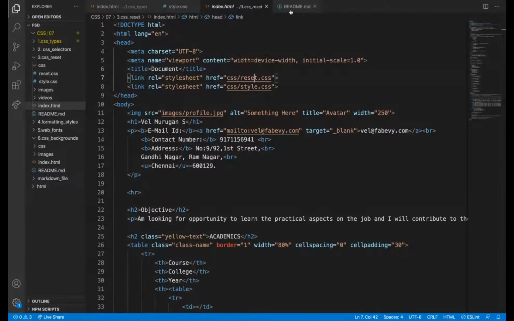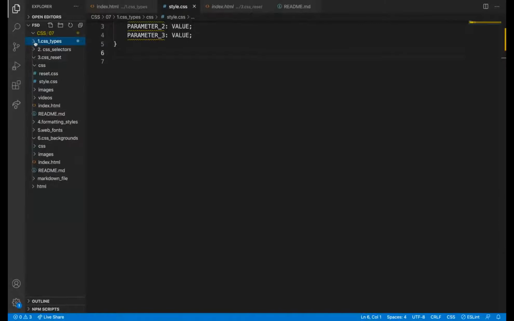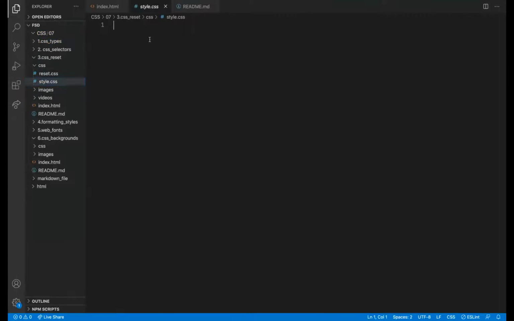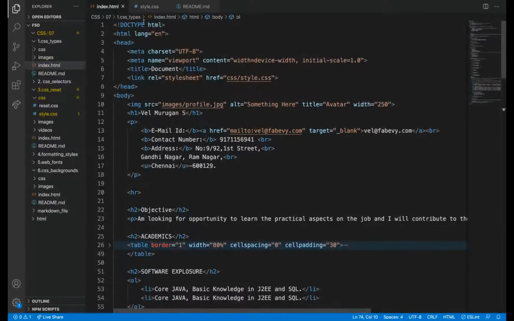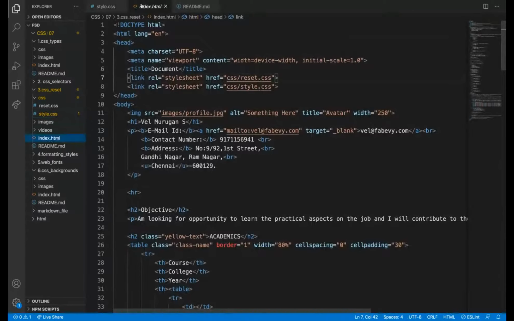So definitely you are going to write this in style.css. Okay, so here if I want to add anything, I can write it here. So the hierarchy will be, this is the index.html file for this.